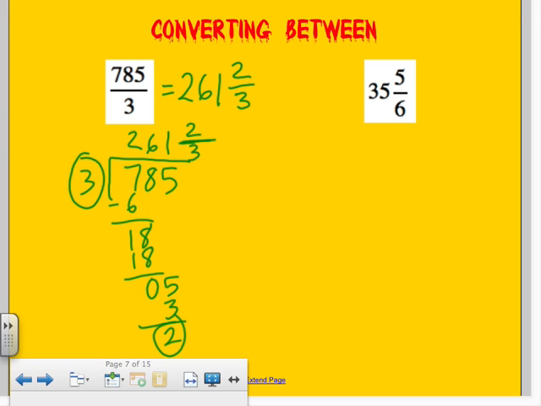If we want to turn a mixed number to an improper, we have 35 and 5/6. Well, we already have 5/6 as a fraction. I need the 35 to be a fraction. So what would 35 be if it was in 6, right? Right now 35 is over 1, but I want it to be in 6, okay? So I need 35 times 6, basically. So 35 times 6